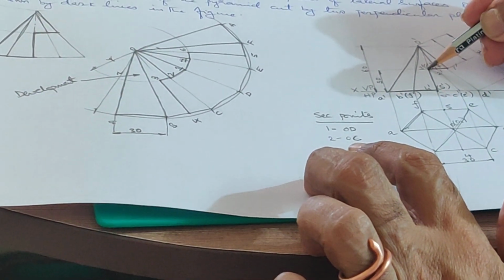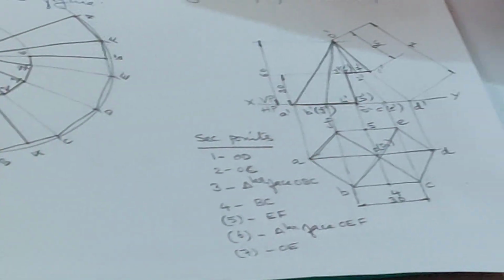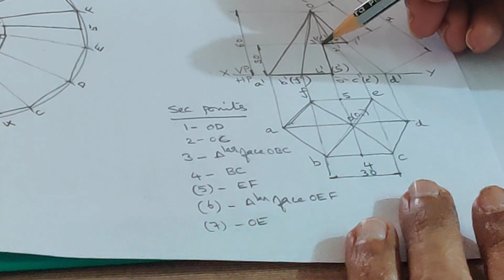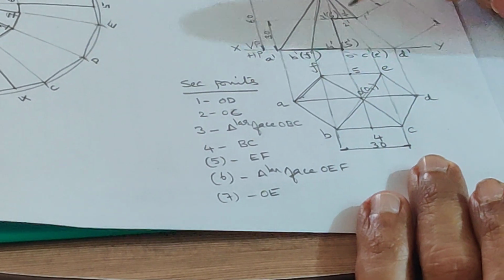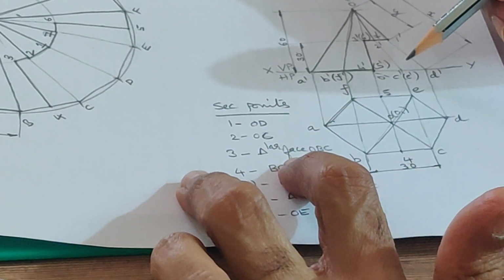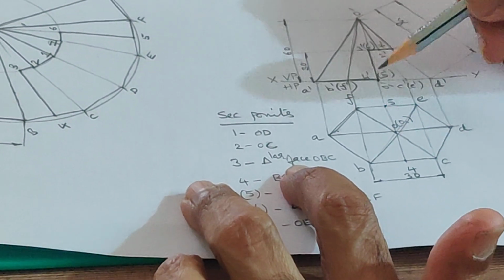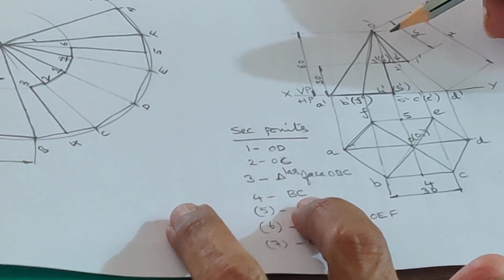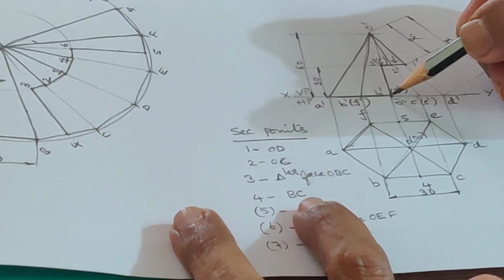Okay. Then I have moved to 3. There is only an axis here. So how to name that point was the question. So I said point 3 is on the triangular face OBC, which is a visible triangular face. In fact, it lies on its center line. Then 4 is exactly on the base edge BC, the midpoint of BC.